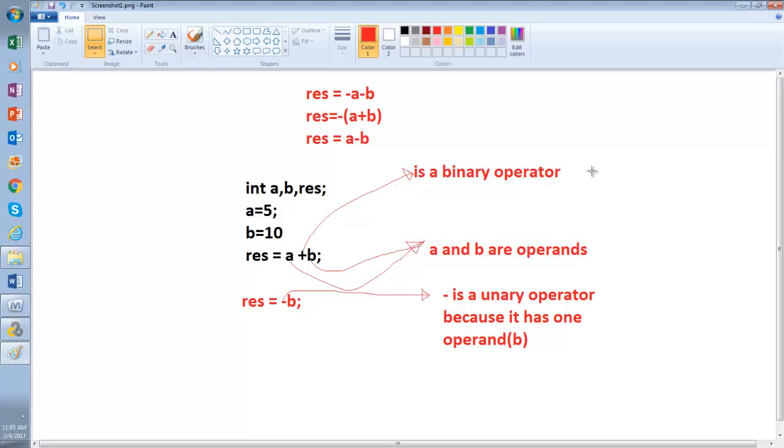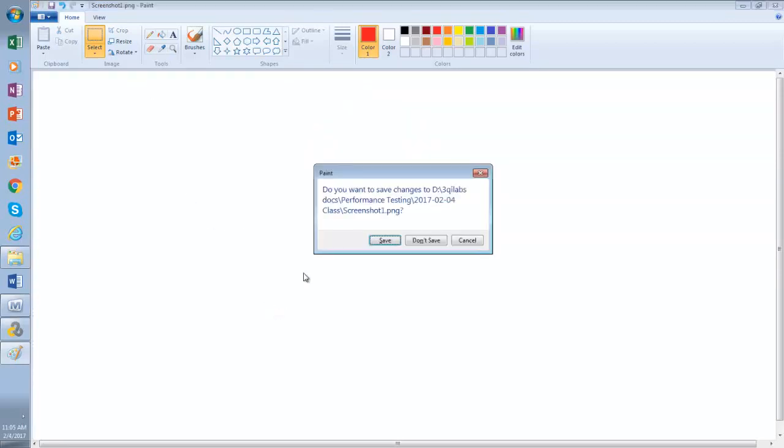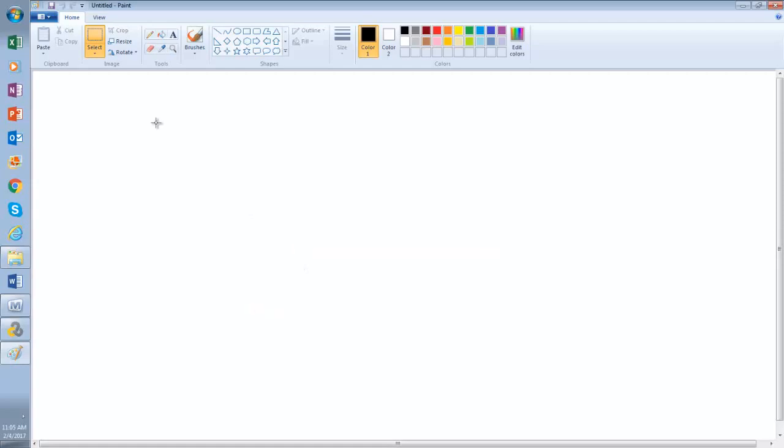Alright, so let me bring another screenshot. Boolean expression is an expression that has a value of true or false. If you do an arithmetic expression, what do you get?